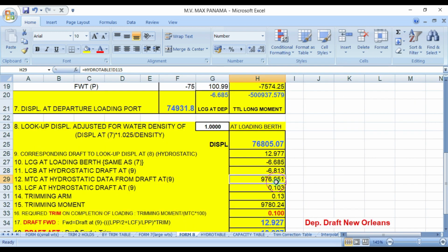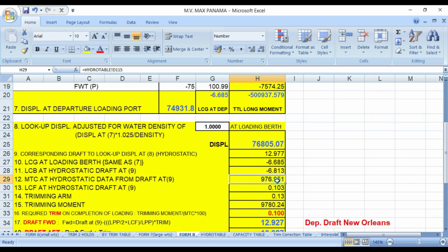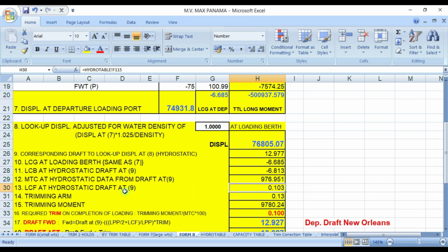And your MTC will be 976.951. Will be MTC. This one, 976.951 of 12.977. That will be 769.1 of this draft. And your LCF will be 0.0103. 0.0103 of 12.977. So that is your LCF, and your trimming arm will be